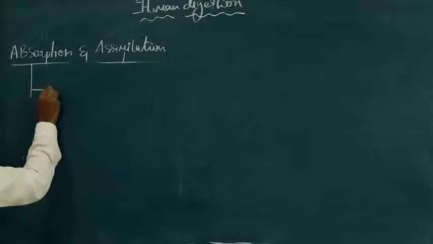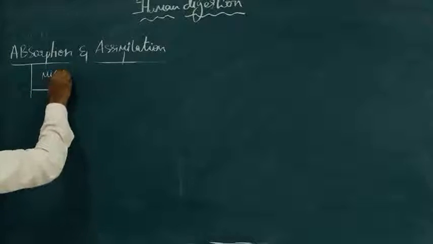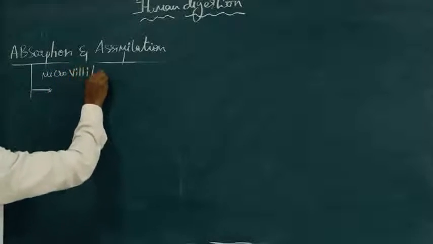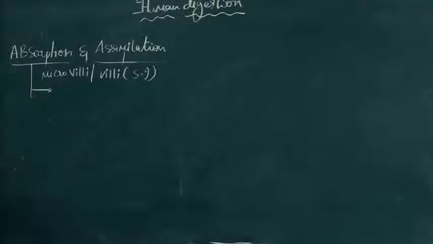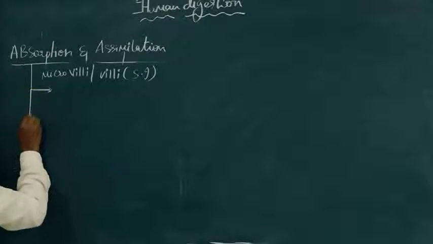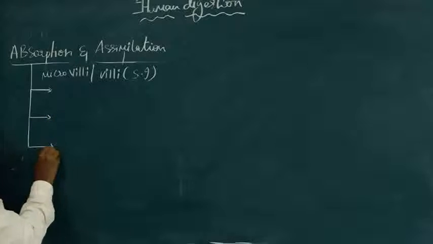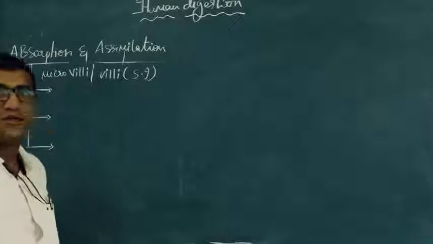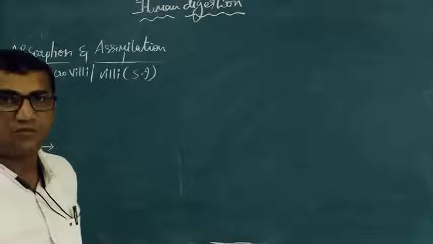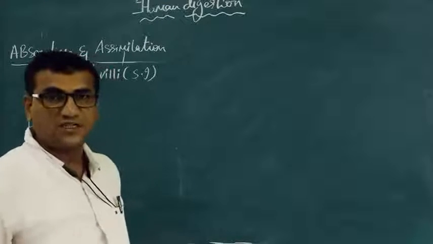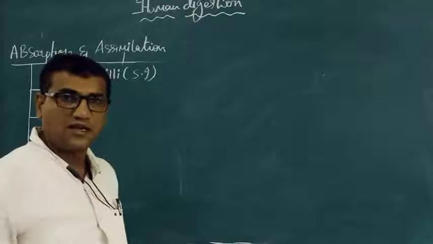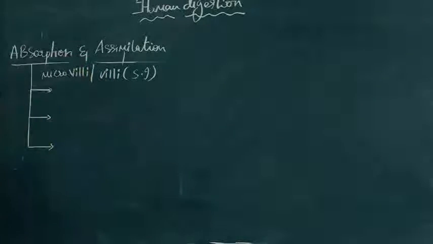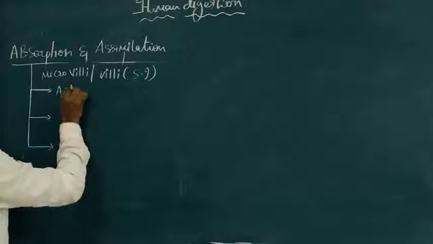Absorption in our body is done by microvilli or villi present in the small intestine, and this microvilli or villi absorbs that through the lacteal, and it enters into the bloodstream through the arteries and veins, and first it goes to the liver. Then the quality of the food is tested, and it passes to the different parts. So absorption is of three phenomena: active,